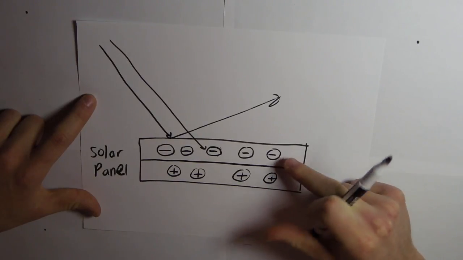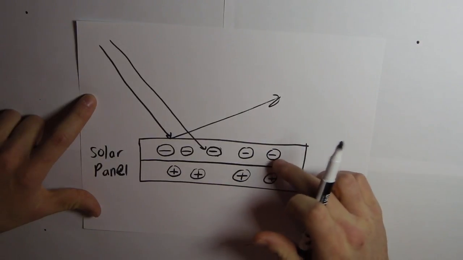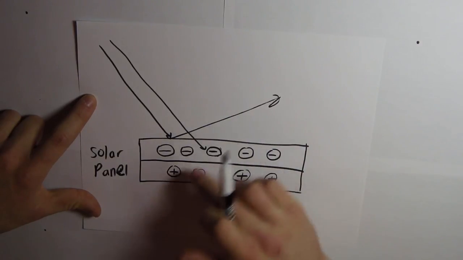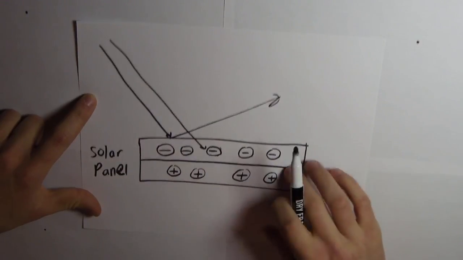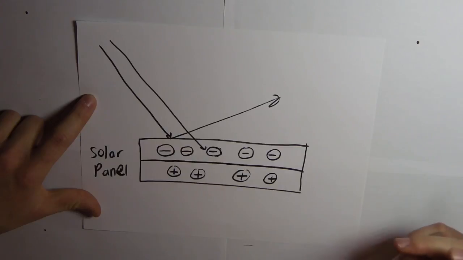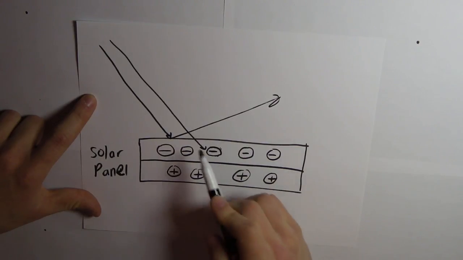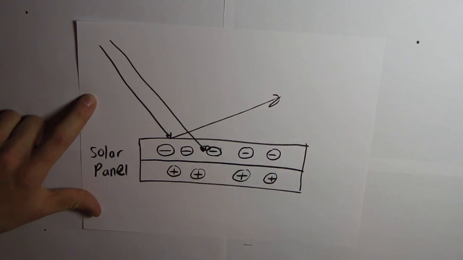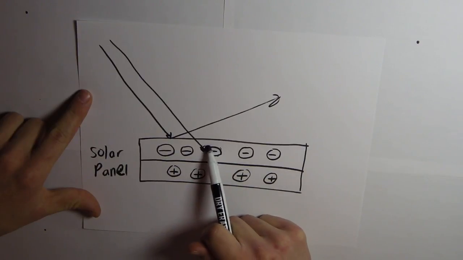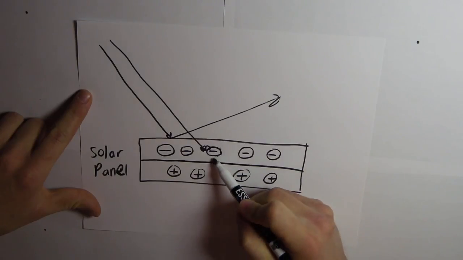And basically, if you know your physics, you know that opposites attract. And these electrons are trying to jump over to the other side. But they don't have enough energy to do so. So they just sit there, until what? Oh, this light ray hits an electron. So basically light energy. And that light energy gets absorbed, and then this electron gets excited and says, okay,